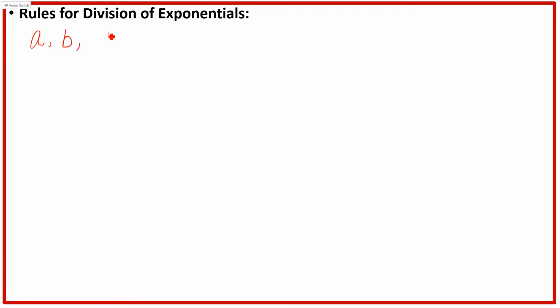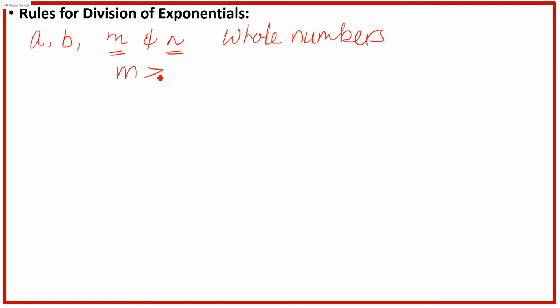B, M and N are whole numbers, right? Suppose these are whole numbers, while M and N represent the exponents or powers. And this M means this exponent or power is greater than or equal to N. This sign represents greater than, and if I put a line under it, it says greater than or equal to N. And N is greater than 0,